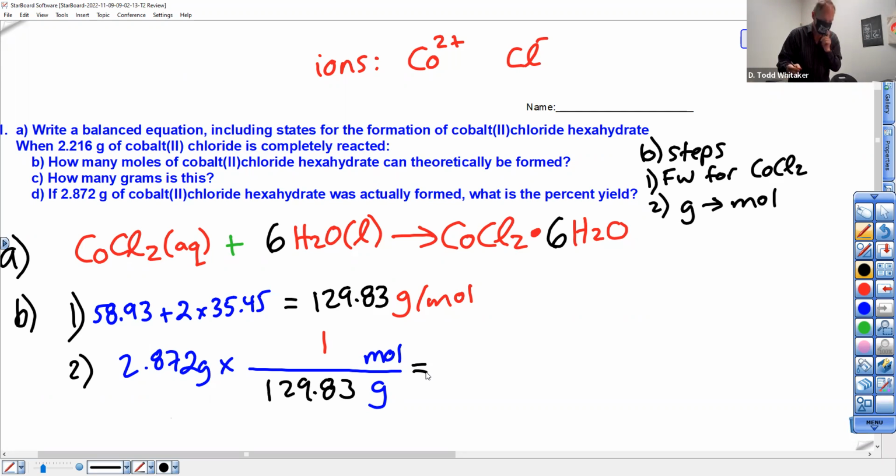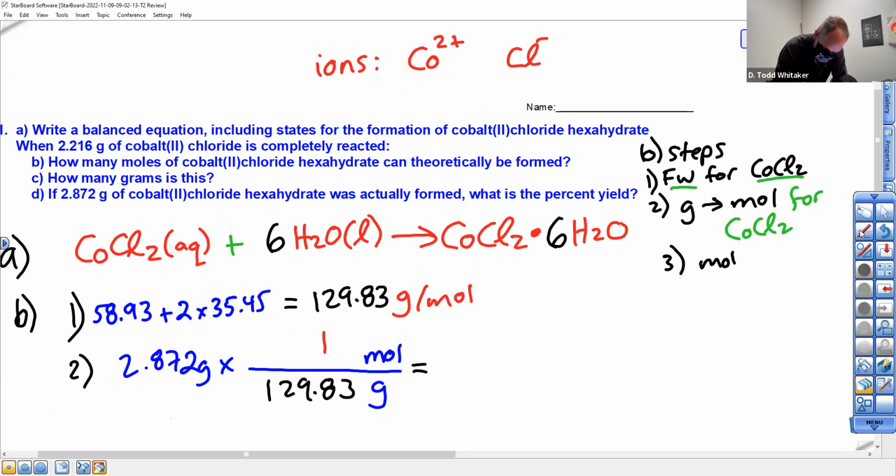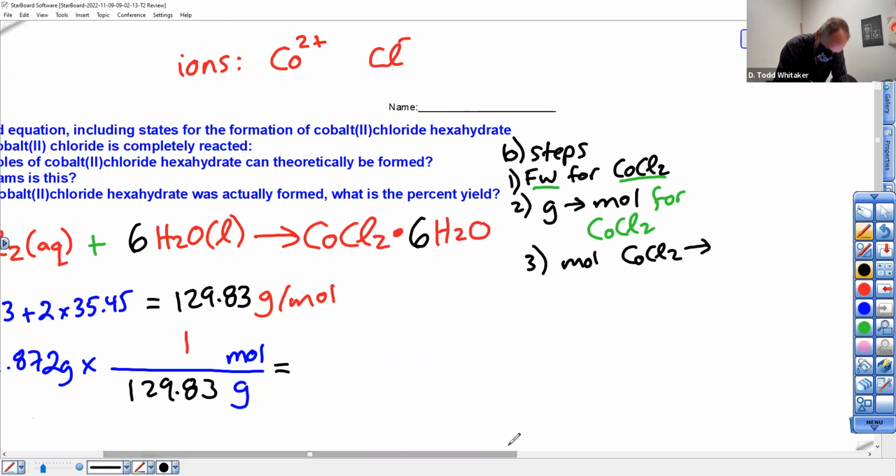And careful: the question here is I need the formula weight for CoCl2, grams to moles for CoCl2. Careful how you write Co. CoCl2. Step 3. Moles CoCl2 to moles